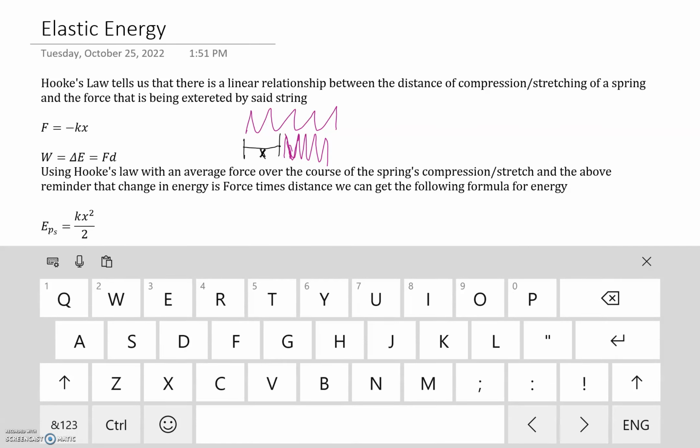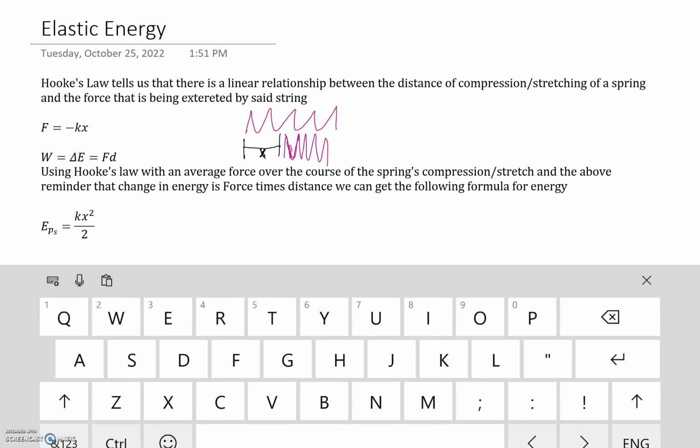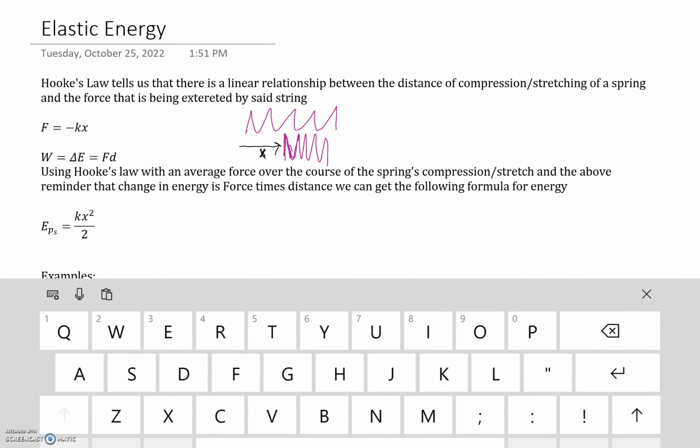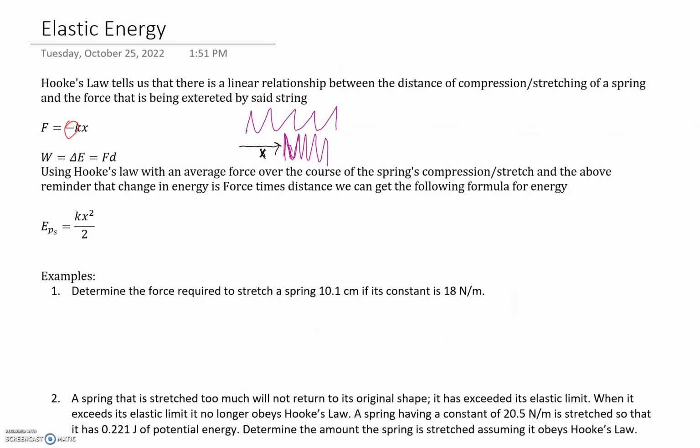And not only is it a distance, it's a displacement, so it actually has a direction. So if you compress it inwards by a certain amount, then the negative here tells us that the force is going to be outwards by a certain amount. Okay. Now, what's also interesting is that work equals change of energy, which we know, and force